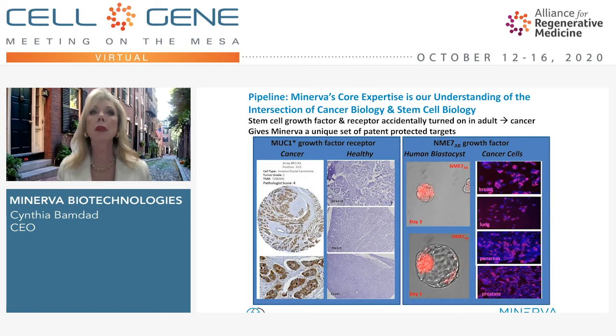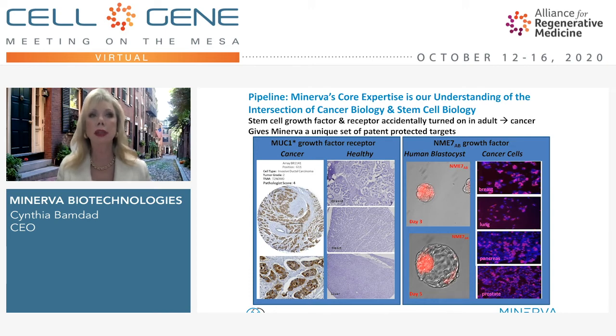Now I'll talk a little bit about Minerva's pipeline. Our core expertise is really our deep understanding of cancer cell biology and where that intersects with stem cell biology. So in this slide on the far left, you can see this is a breast cancer tissue, and virtually every cell is coated with MUC1 star. We're probing this with our antibody C2, which is the antibody that we're in the clinic with. And you can see, unlike cancerous tissue, the healthy tissues are pretty clean, with minimal to no